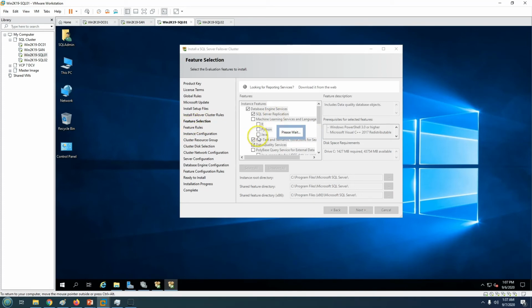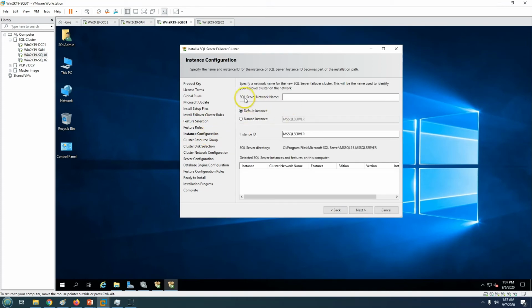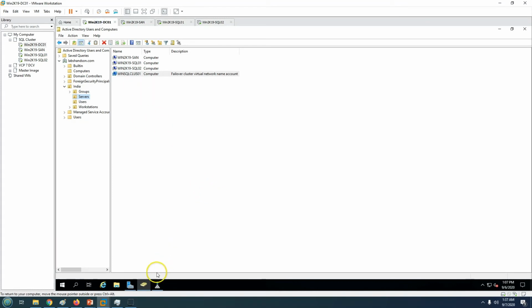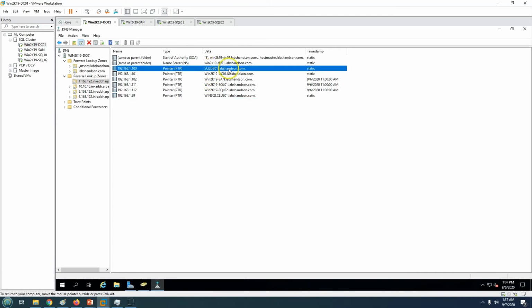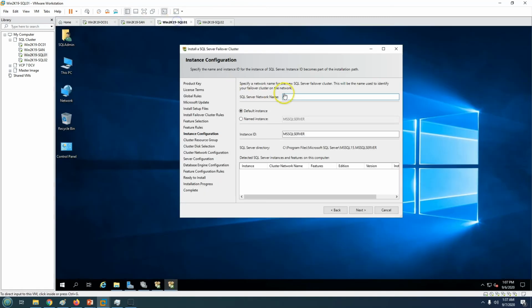So now it's going to proceed with the feature, and now you can see the SQL Server network name. So here we have already created the DNS record, which is here SQL DB01 or instance name you can say. So I'm going to call it like SQL DB01, it's going to be my network name or cluster object name for this instance, and the default instance name I'm going to leave default, MSSQLSERVER. So click next,